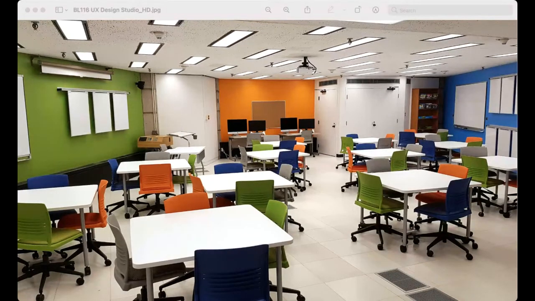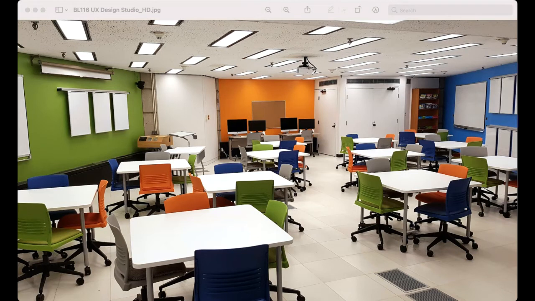There are whiteboards. You can see the whiteboards on the left and the whiteboards on the right, on the green wall and on the blue walls. They're portable whiteboards. You can bring them with you to your table. They're very light, and you can ideate and you can present. So this is our basement studio.